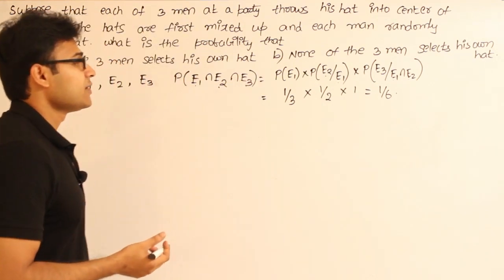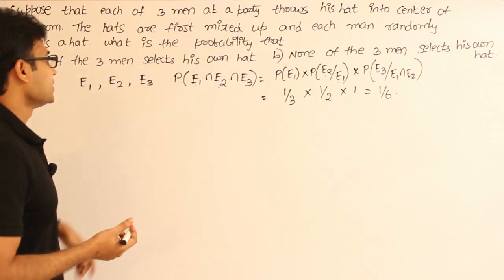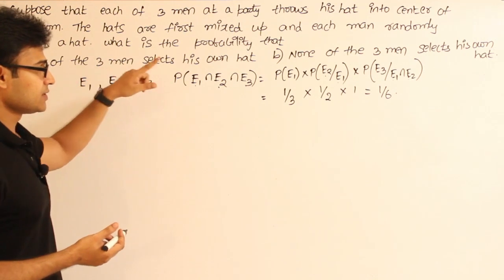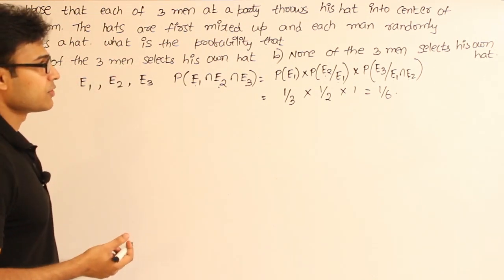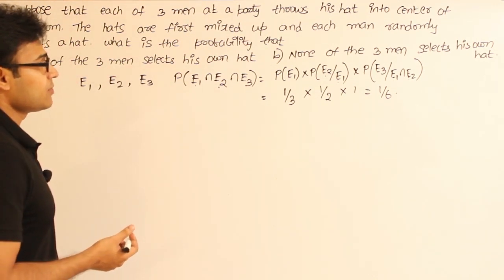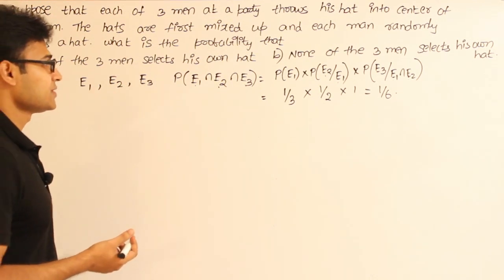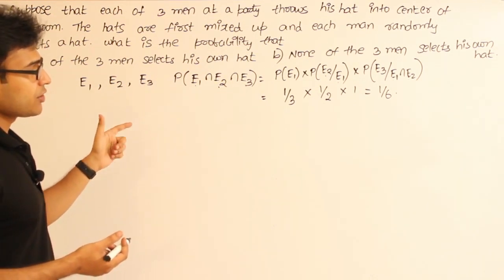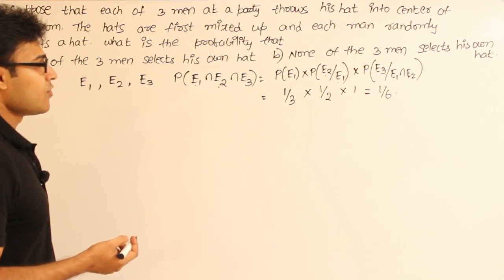None of the 3 will pick up their own hat. This is, all of them will pick up their own hat. The second one is, none of the 3 will pick up their own hat. Now by looking at this, you might feel that these two are complements, and you might want to write 1 minus